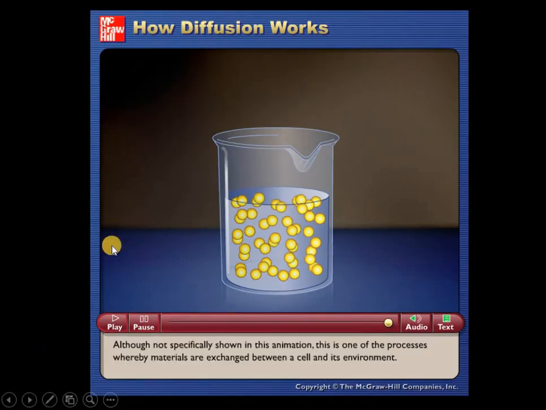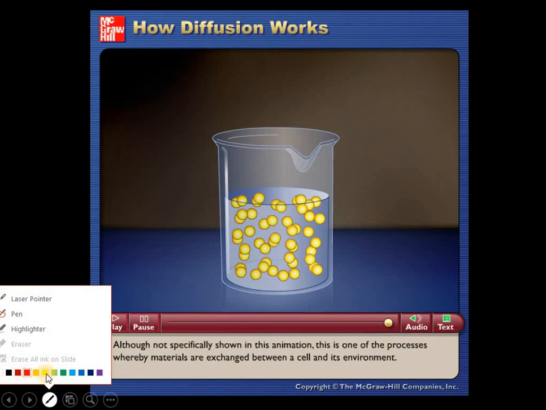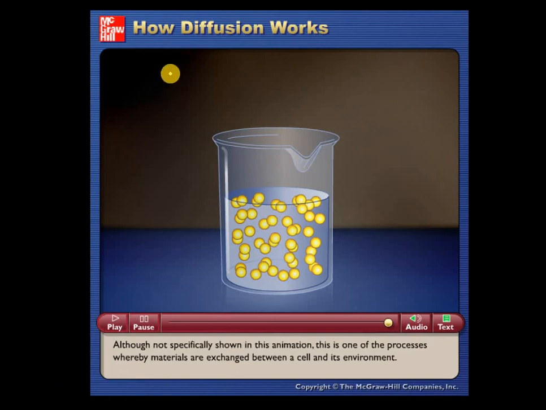Halimbawa lang guys, meron tayo ditong dalawang container. Pareho sila ng volume. Container A, meron siyang dalawang sides. At dito naman sa container B, meron naman ditong dalawang sides. Merong membrane sa gitna. So, dito sa kabila, guys, yung concentration ay, for example, nasa 70%. Tapos, dito sa kabila ay nasa 30%.